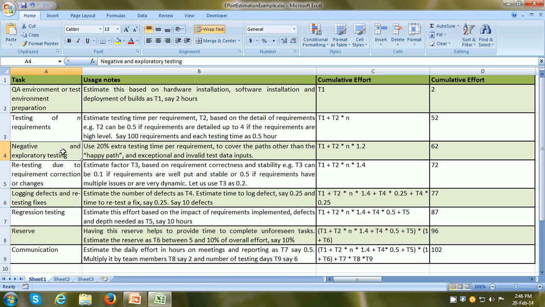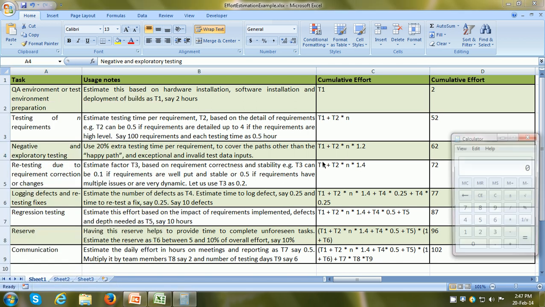The next task is negative and exploratory testing. So what we can do here is use 20% extra testing time per requirement to cover other things such as invalid values for test data, or go through different paths to find out the defects, etc. So our total becomes 100 requirements into 0.5 into 1.2.